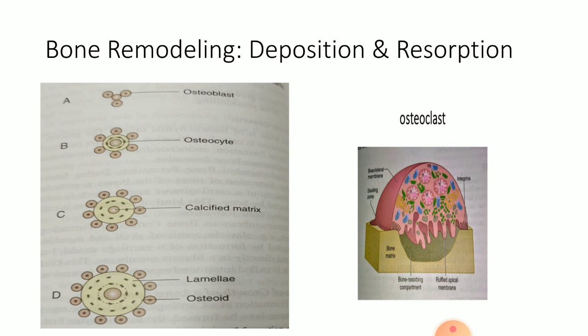And what is that molecule which dissolves pyrophosphate? This is tissue non-specific alkaline phosphatase, which is a substance secreted by osteoblast itself, which breaks down pyrophosphate and keeps its level in check so that calcification can occur whenever needed. So this is also secreted by osteoblast so that bone calcification can go on.